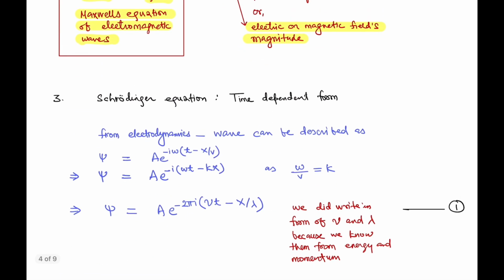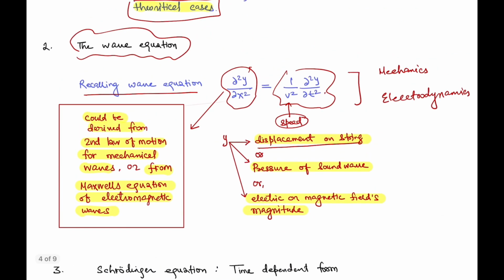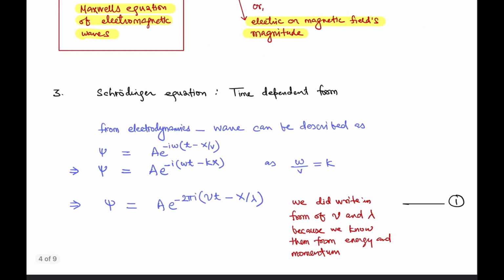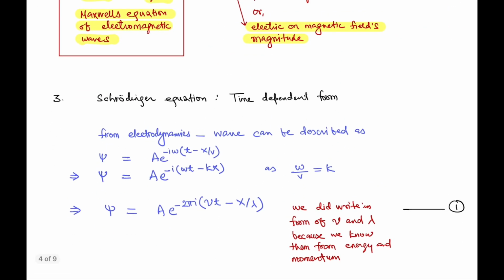Now let us know the very important equation, which is the Schrodinger equation, which will actually talk about this wave equation. Okay. So from electrodynamics, because electrodynamics also talks about EM waves, we could get the information of wave. A wave could be described as psi,